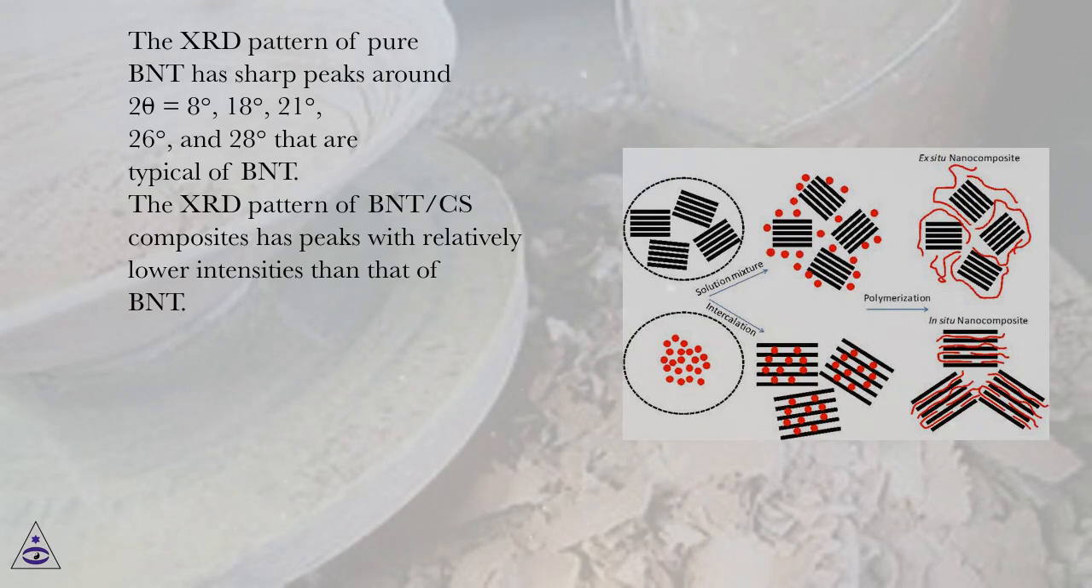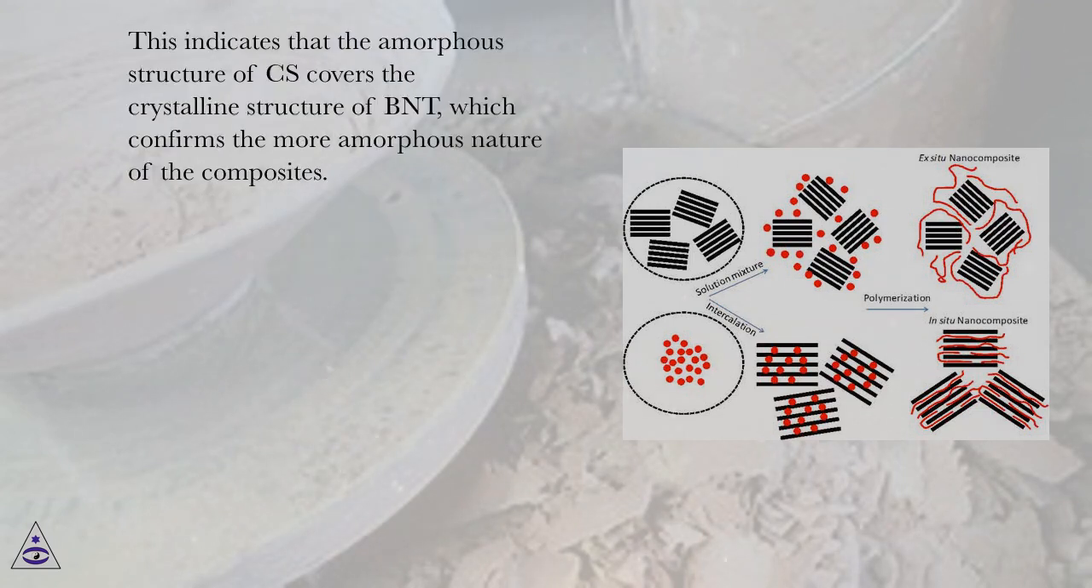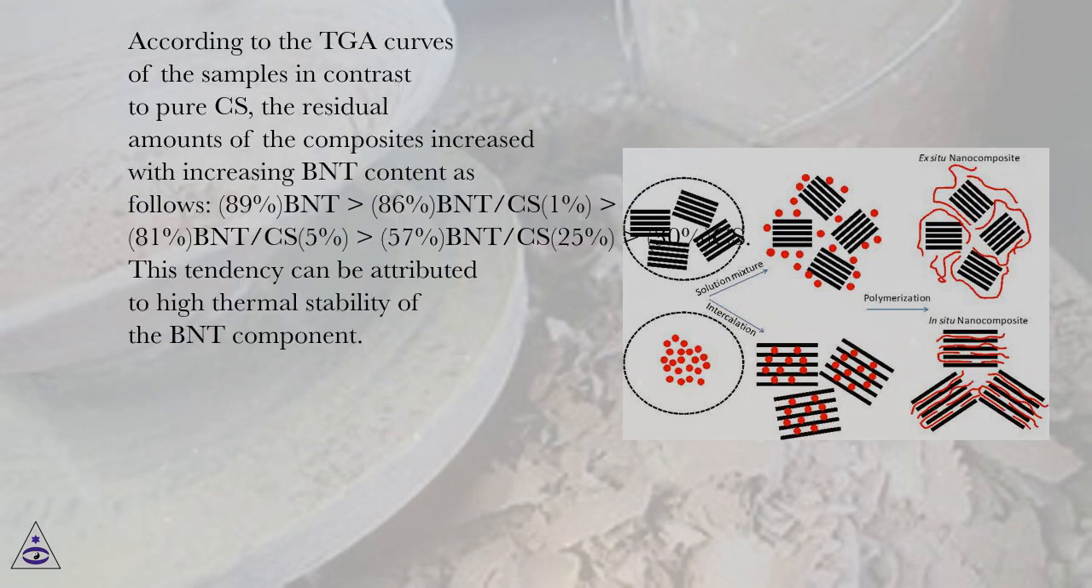The XRD pattern of BNT/CS composites has peaks with relatively lower intensities than that of BNT. This indicates that the amorphous structure of CS covers the crystalline structure of BNT, which confirms the more amorphous nature of the composites. According to the TGA curves of the samples, in contrast to pure CS, the residual amounts of